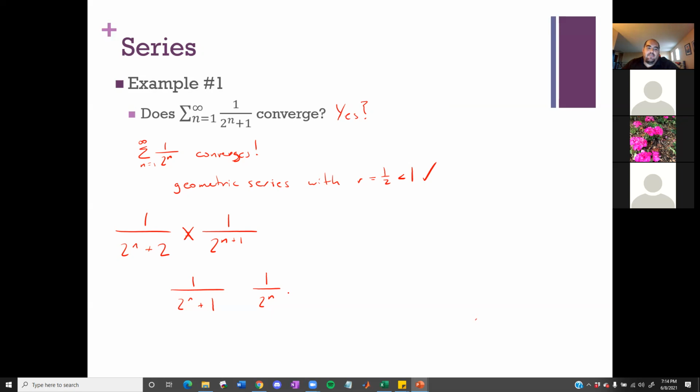Right. So you're absolutely right. I don't think there's any way you're going to find a constant that will work for the entire sequence, but you don't actually need that, because first of all, are we okay with this being true? Why can I say that 1 over 2 to the n plus 1 is less than 1 over 2 to the n?